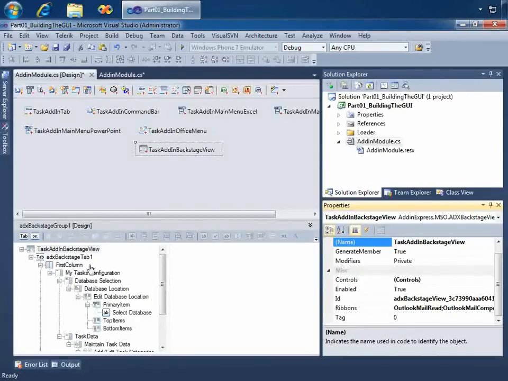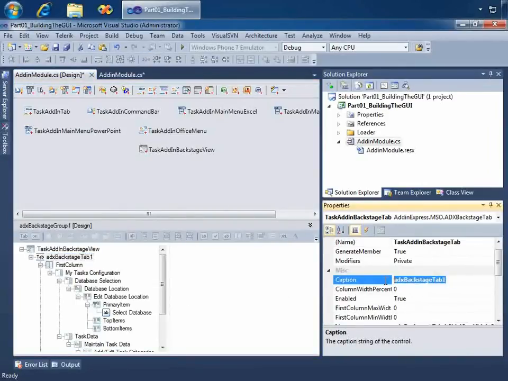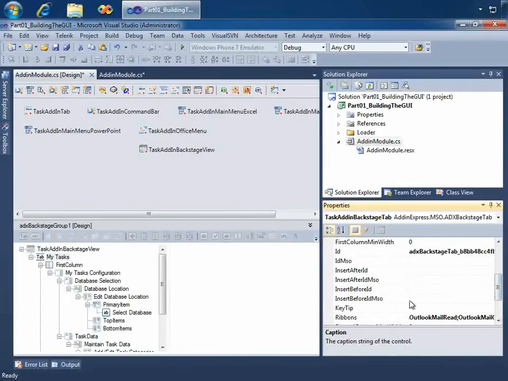So now we need to address one other item, which is the actual location for the tab, the ADX Backstage tab, and I'm going to change its name to My Tasks. We'll just leave it at My Tasks, and we can change the position by inserting a value either in the insert before ID MSO or the insert after MSO. And for our purposes, we want to place this above the options dialog box. And what we need to do is insert the ID of the options dialog box here in the insert before